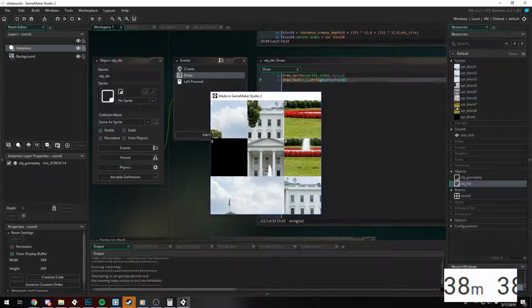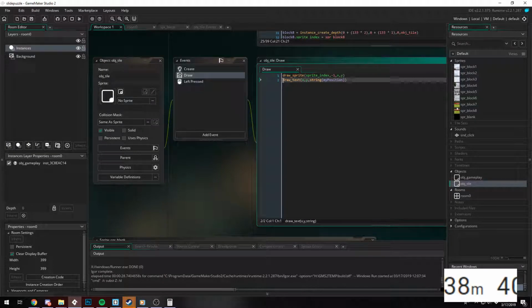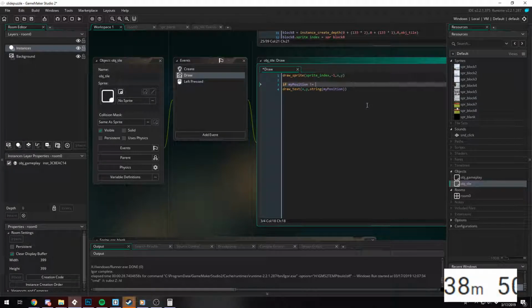That's good. Also, I want this to be, if my position, this is dumb, but is not equal to 8. I mean, if sprite index is not equal to, I'm just doing stupid stuff now. Technically I was done, but